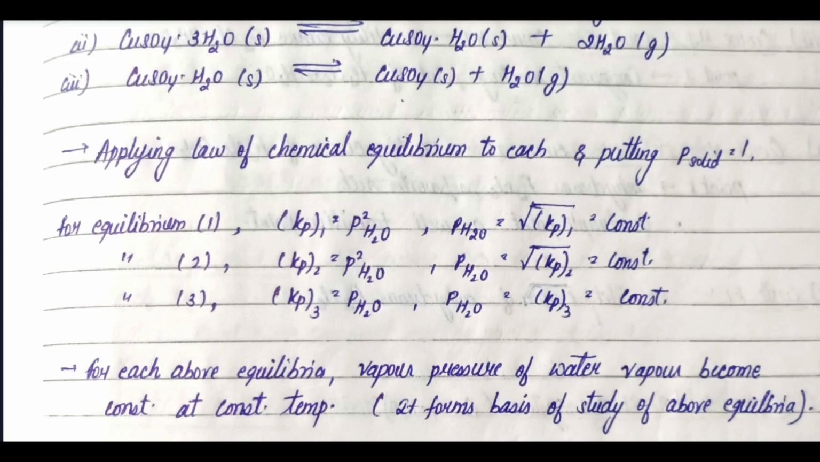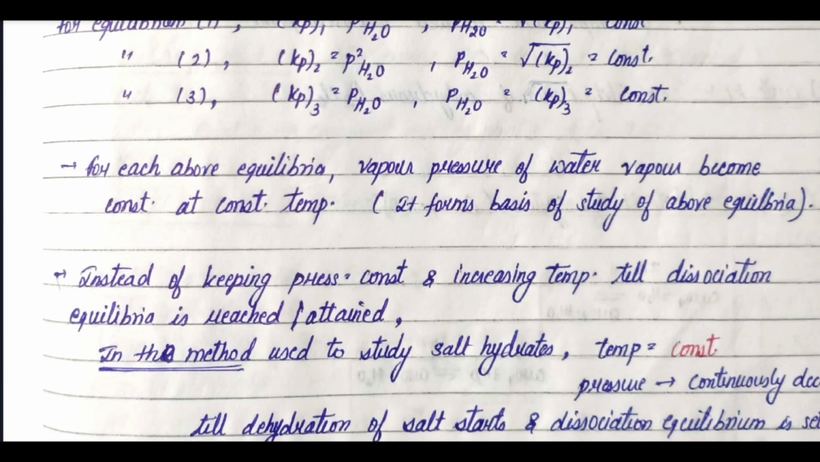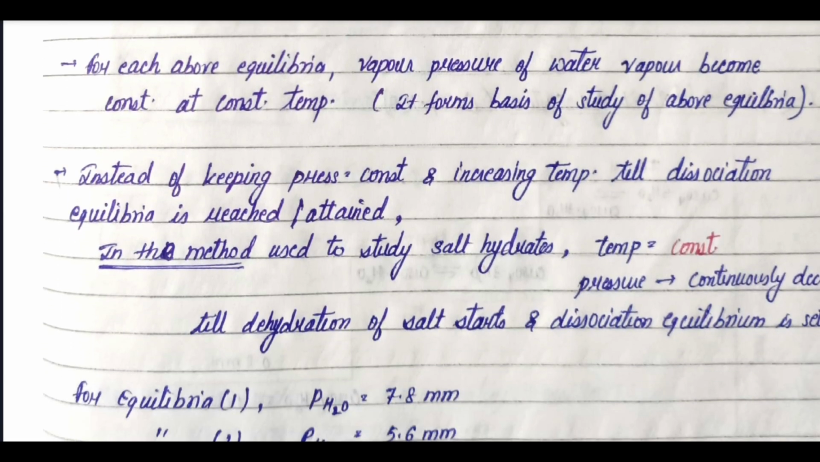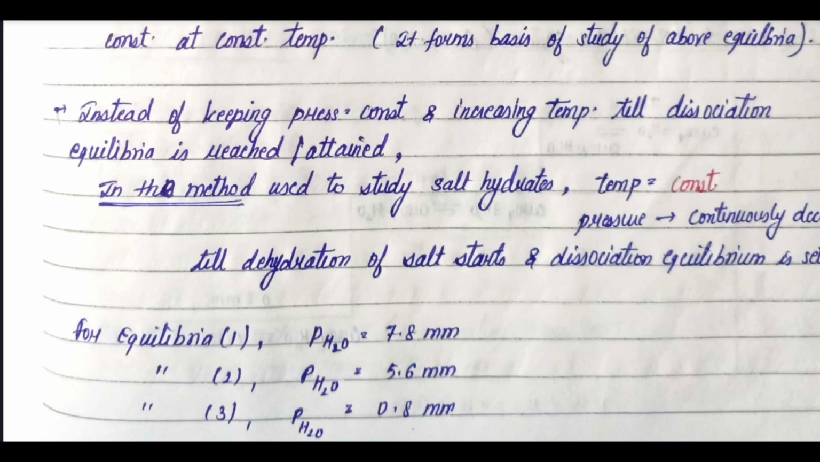For equilibrium 2, Kp2 is equal to P square water and P water is equal to under root Kp2, which is constant. For equilibrium 3, Kp3 is equal to P water, and P water is equal to Kp3, equal to constant. For each above equilibrium, vapor pressure of water vapor becomes constant at constant temperature. Instead of keeping pressure constant and increasing temperature till dissociation equilibrium is attained, in this method we study the salt hydrate at constant temperature and continuously decreasing pressure